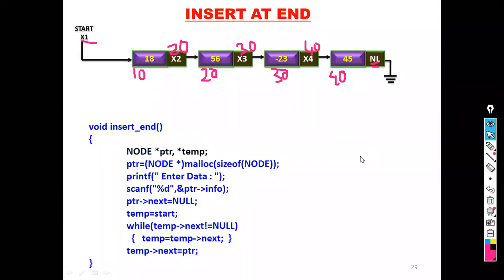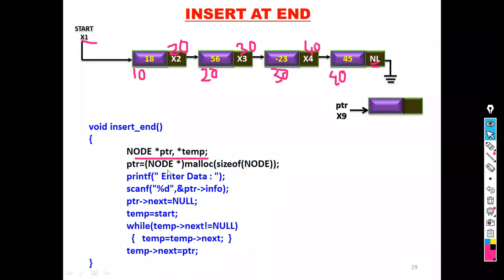First step is you have to declare pointers: ptr and temp, two pointers of type node. Second statement. Who can say what is the use of the second statement? ptr equal to node star malloc size of node.